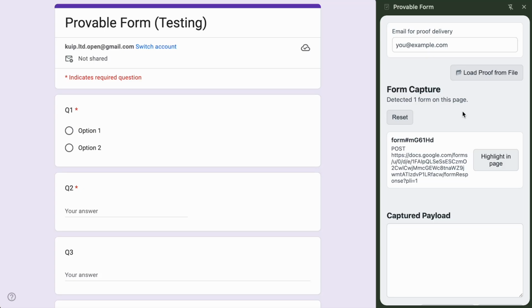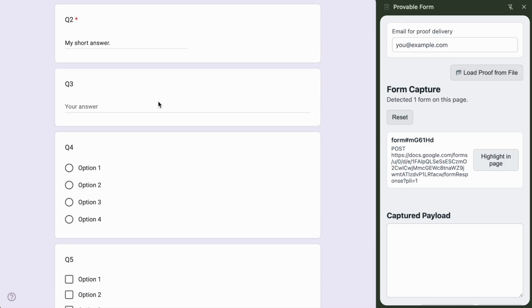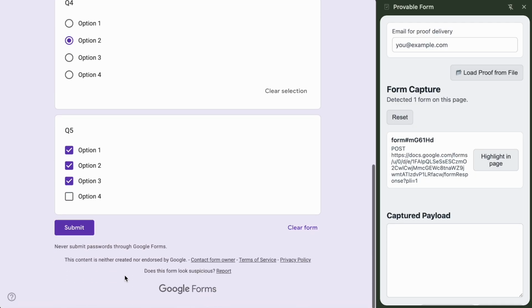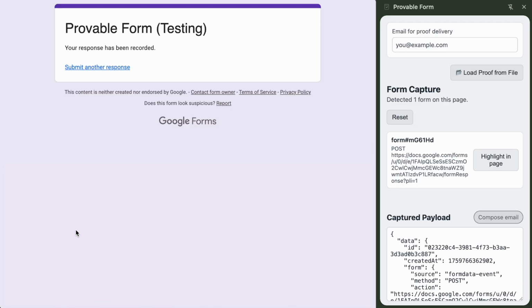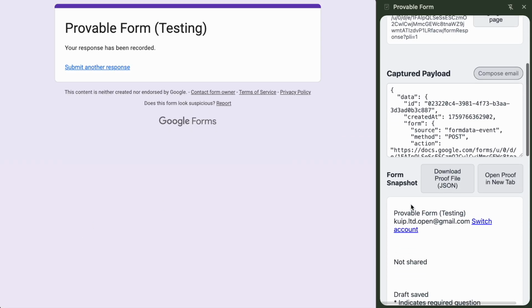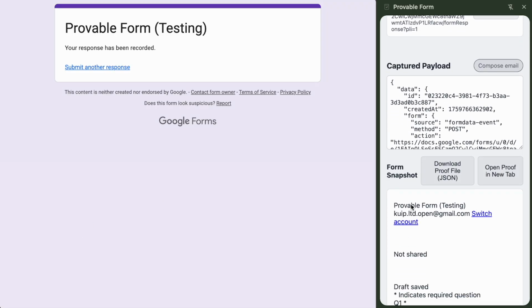When a form is detected, you don't have to do anything else. Just fill in your form. But if your form is not automatically detected, I will explain what you need to do later in the video. Now let's fill in the form. And submit it. When you submit the form, the extension detects this and captures all the information about your form